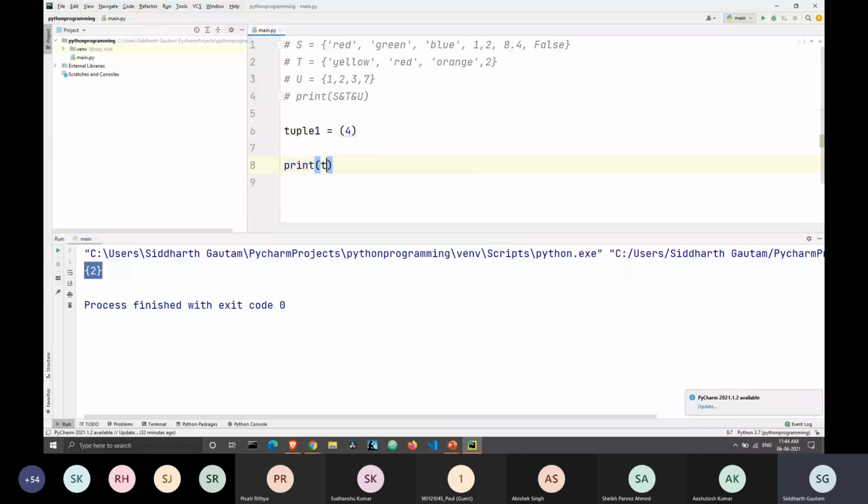And when I try to print the type of tuple1, and I will print this. As you can see, the problem here is it's giving me a class of integer. So this variable tuple1 has a value of 4, and since 4 is an integer, Python doesn't know if I'm trying to enter just one number or multiple numbers. So when I'm entering only one element, Python assumes that's what I want, and since that element is an integer, Python assumes that my variable tuple1 is an integer. But I don't want this to be an integer. I want this to be a tuple.